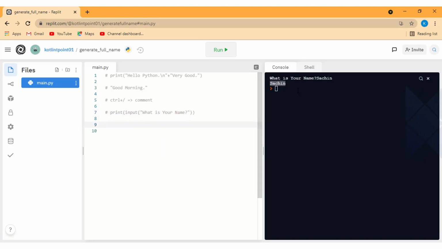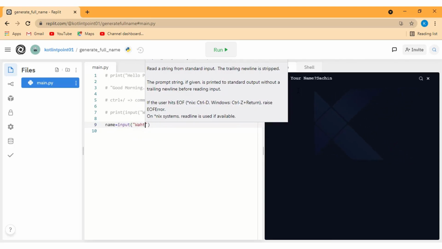Like here we are getting the name from the user, so I will create one variable. As you can see, I'm going to get the name of the user, so I will define name equal to input, what is your name.